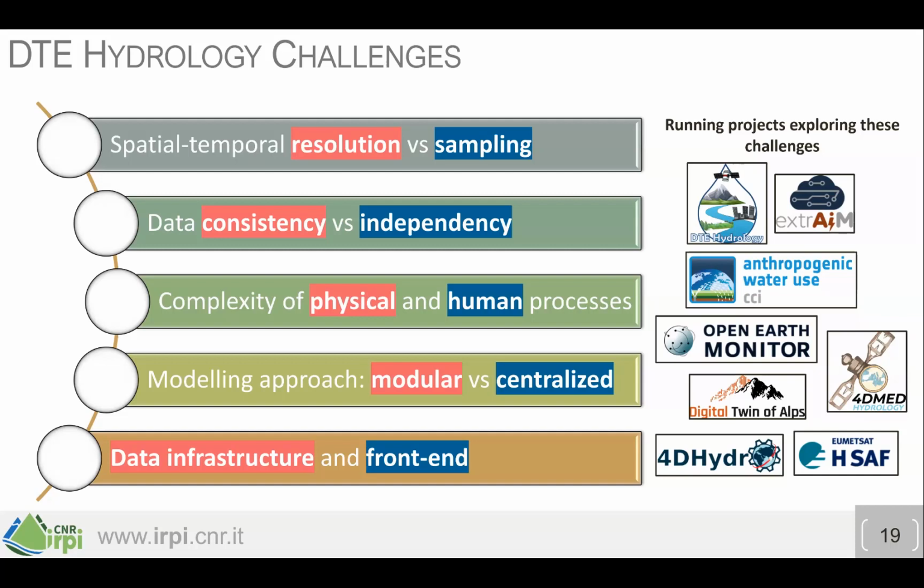Whether it's pluvial flooding or storm surge flooding, there are different concerns, and sometimes you weight resolution more over sampling, sometimes you weight consistency of observations or data over independency, all the way down the line. So this is an interesting perspective.